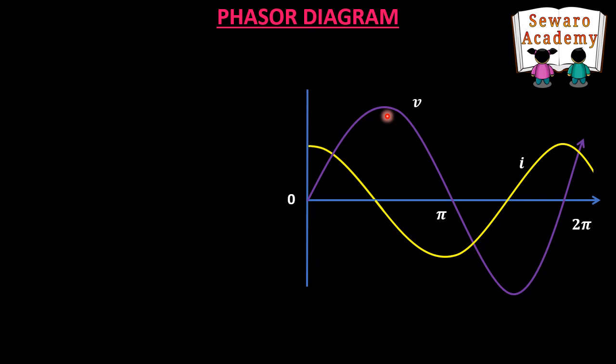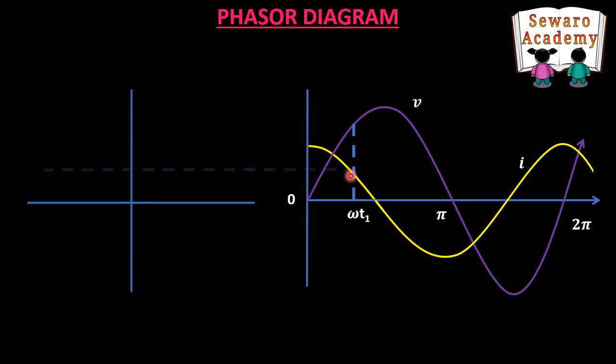Now we draw a vertical line in order to draw the phasor diagram. So here I have drawn the vertical line, and this point will be omega t1. Now we draw a phasor diagram on the left hand side. At first we draw a horizontal line from this intersecting point. Now where to draw the phasor I, either in the first quadrant or in the second quadrant? That can be analyzed from this part of the curve of current. In this part, the current is decreasing from maximum to 0.